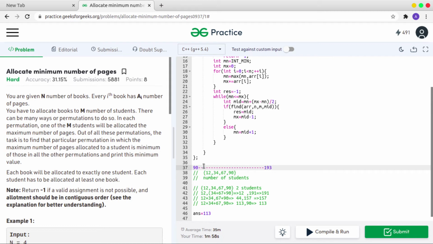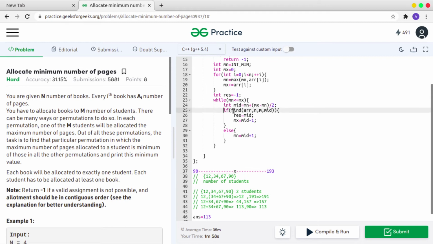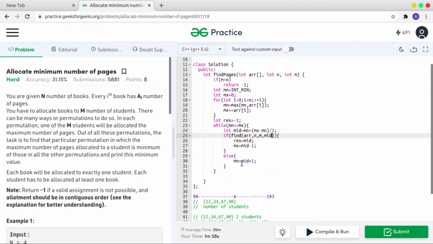You have to calculate somewhere in between, some value x, and this will be the mid. So if you find that element, your value will lie somewhere between 90 and x, because I am going to define this function, then you are going to understand why I am trying to do so.